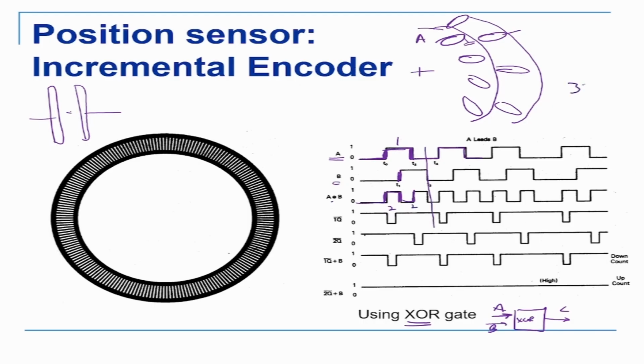So it is 360 by 200 into 2 now. Okay, so if you can use 3 encoders, your resolution will go up even more. So by using an XOR gate, the resolution of position measurements goes up drastically. Okay, so in an industrial setup, normally you'll be having encoders which will have very large counts. It can have like 1000 counts per turn, CPT, and it will have parallel encoders. So you can get very high resolution of the system.